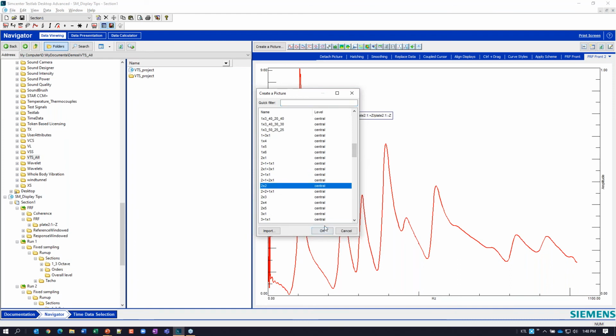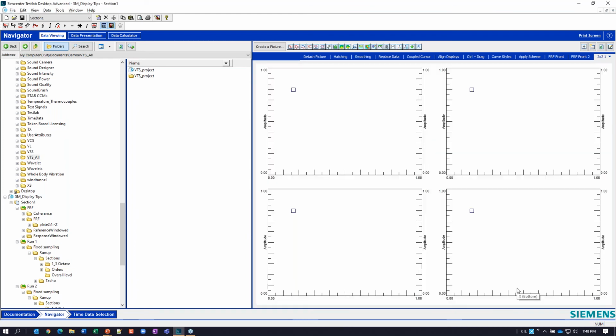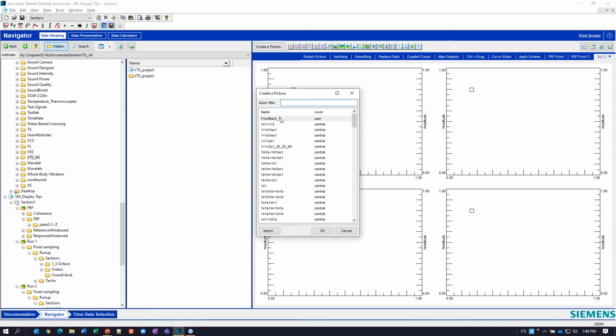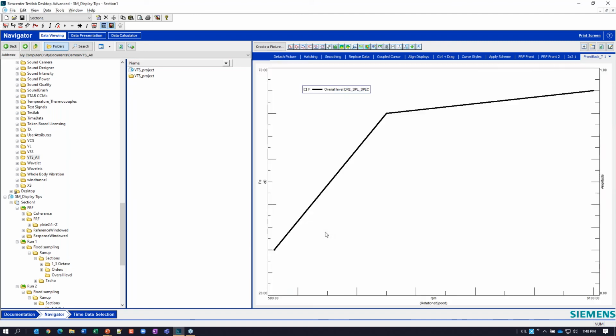A 2x2, for example, is going to be 4 plots, 2 rows by 2 columns. So I'm going to say create a picture, and up at the top of my list is my newest plot format, called front back _T, that I just created. If I say okay, it creates a front back with this data already plotted.